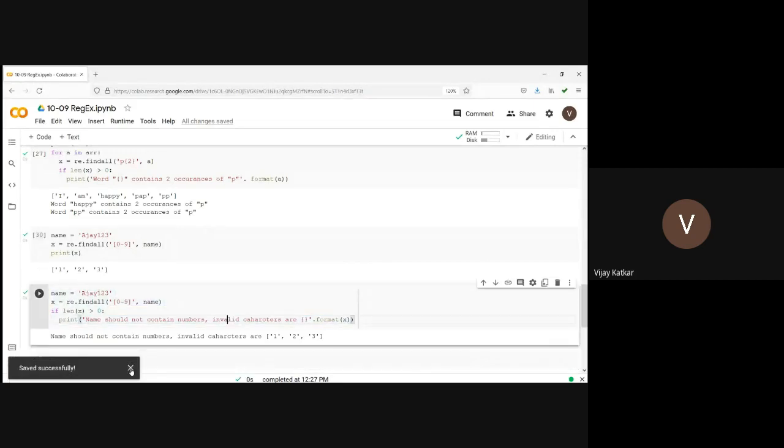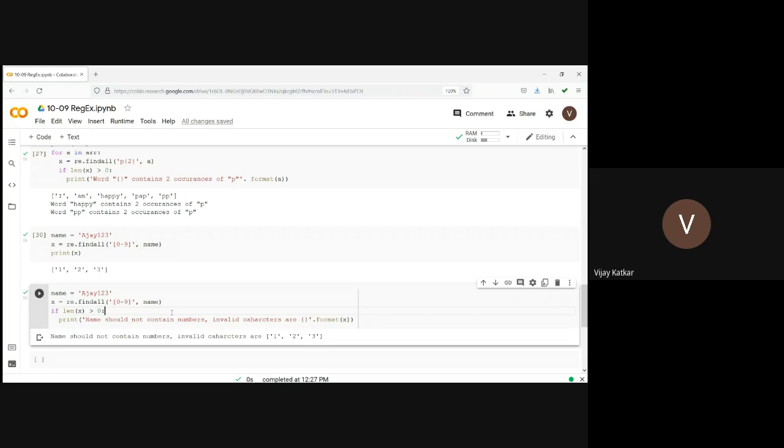Now take a minute to try this on your own, and take one more minute to develop a code where a password should contain at least one uppercase letter, at least one lowercase letter, and at least one number. These things are mandatory.